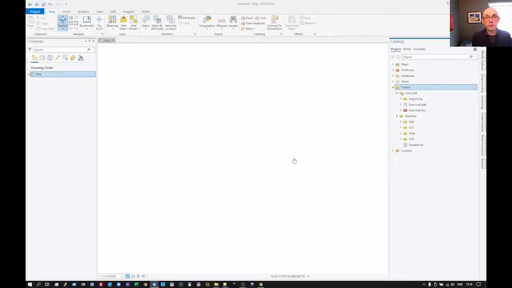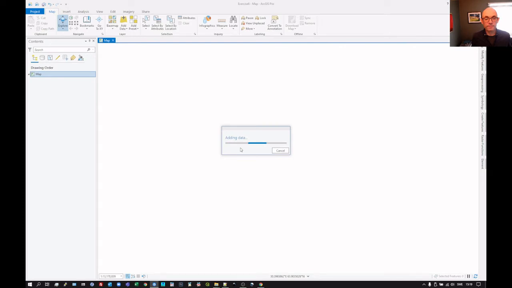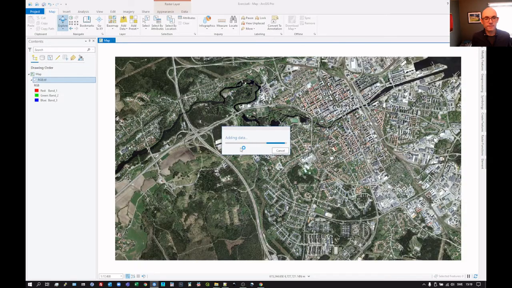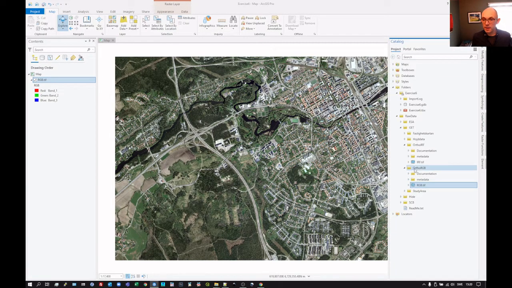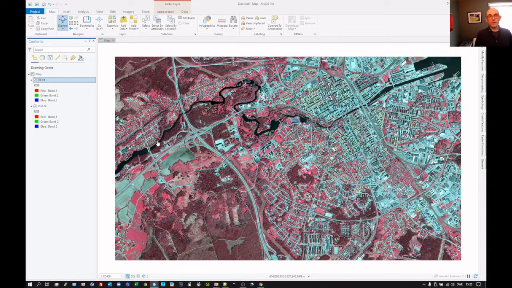The next thing to do, while we're at it, let's just read the data in just quickly. So if we go to get there, we have 2 files to read in. To begin with, we can read in our RGB there. Let's pull that in. It's adding data. There's the RGB file, and then we go to there, and then take the IRF file in. That goes there. So we've now read in the 2 files. Let's just quickly save our project and then go back to the instructions and work out what it is we're